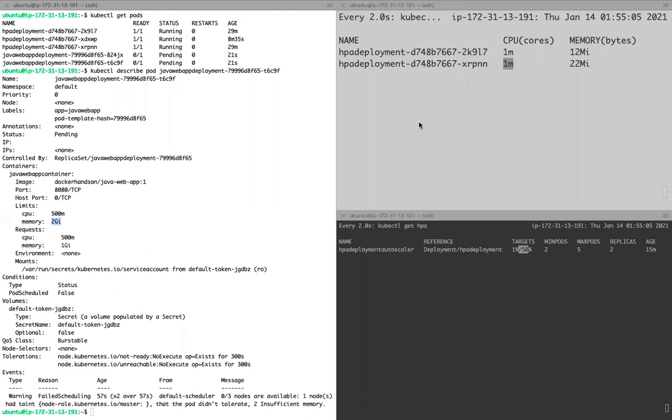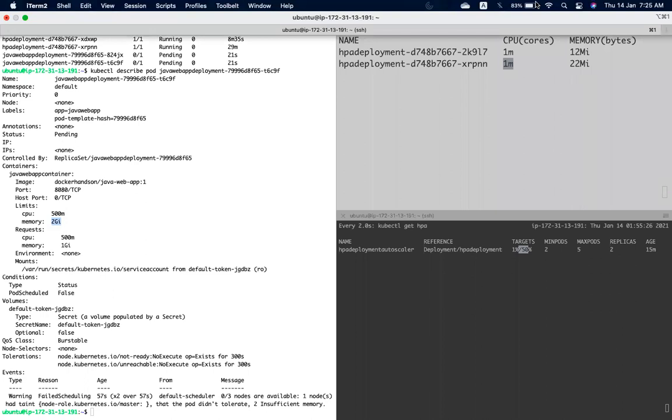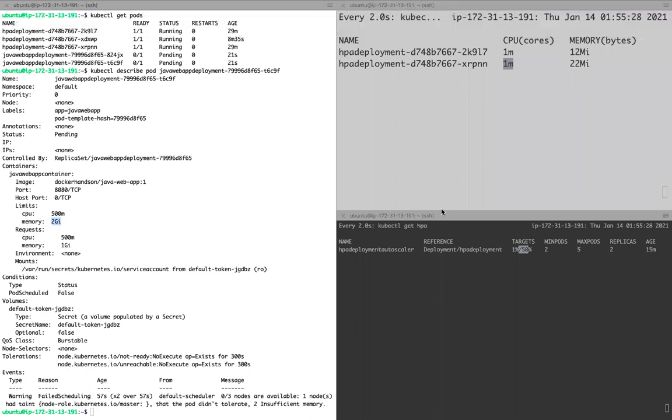So you will have a new server. Once you have a new node, your scheduler will be able to schedule pods on that new node, because you got some resources. That is how it works in a managed Kubernetes cluster.